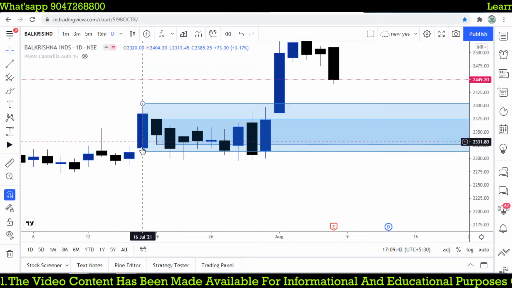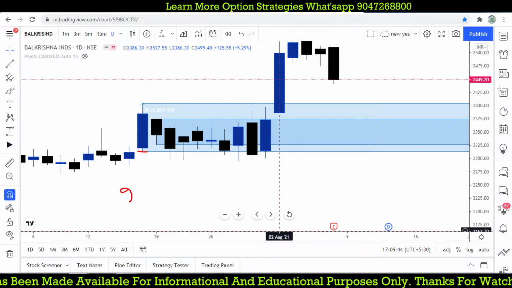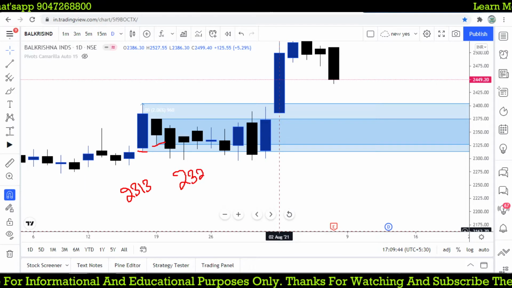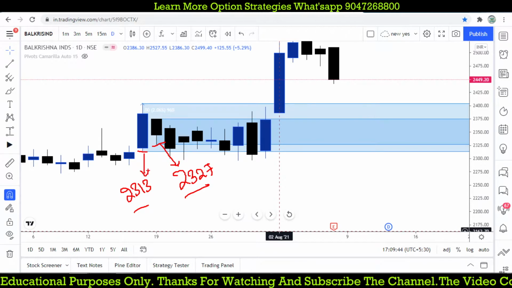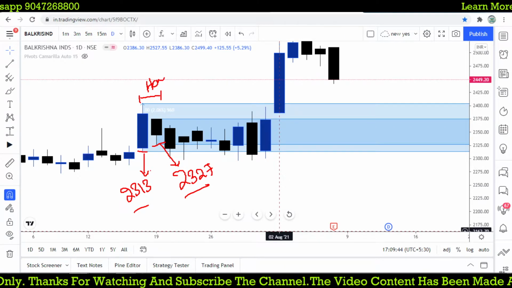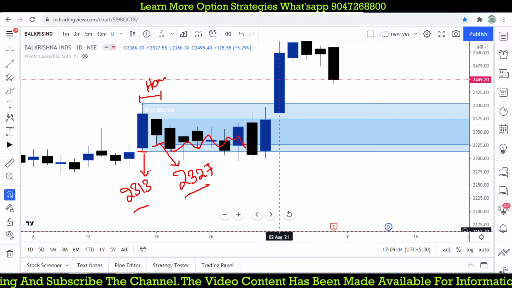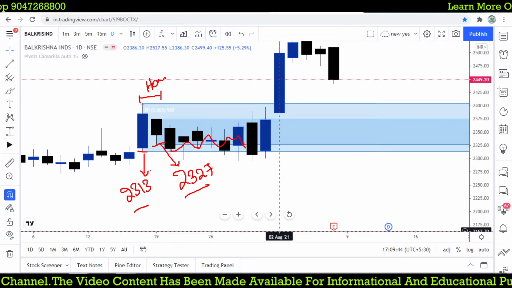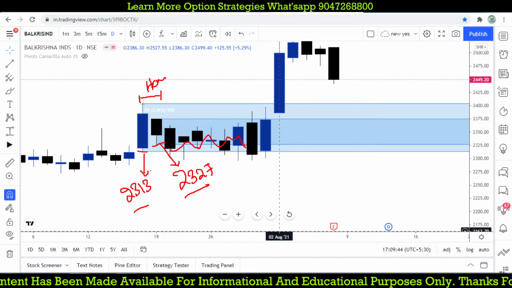So what happened, my trade also triggered at this point of 2313, and at this point we are going to sell at 2327. So both are selling points. This is the second candle entry low, and this is the setup low. This is the setup, this two candle setup, this Harami, right? So what happened to this trade? Both trigger your entry and it looks like a range-bound move and it is not giving you any reversal at that time. Whenever the reversal fails, we will go for a breakout trade again.